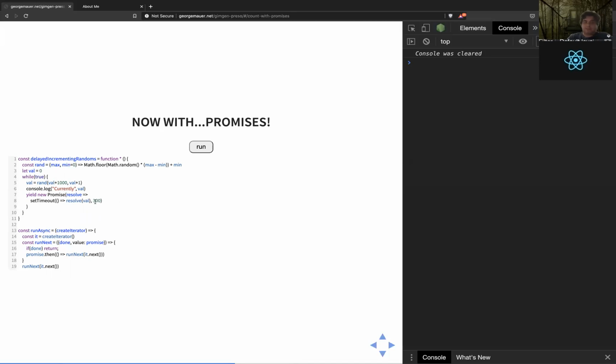And every single time it's going to resolve in 300 milliseconds. And then we're going to create this little run async function, which basically says, whenever you call next, assume we're going to get a promise back. Before you call the next value after that, just wait until that promise resolves. And there we go. We can do that.